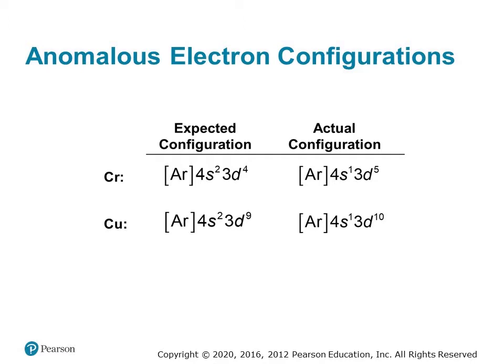to the 3d orbital. This discrepancy is due to the fact that the expected configurations have partially filled 3d subshells, but having a full or exactly half-full 3d subshell, like we have in copper and chromium respectively, is more energetically favorable than just an arbitrarily partially full 3d subshell. This trend in the outermost s and d electrons applies to the element directly beneath chromium, which is molybdenum, and it also applies to both of the elements directly beneath copper, which are silver, and then one place below that,